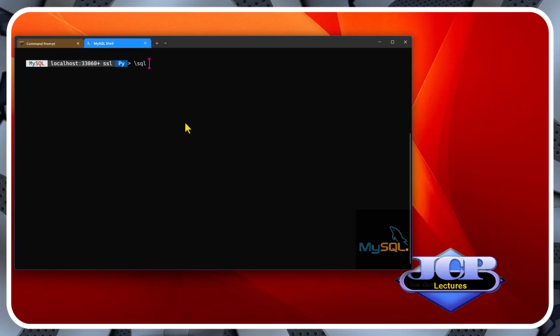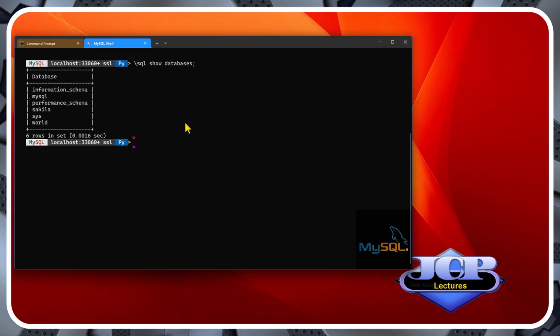In any mode we can use the \ commands, and we are using \sql to run a query to display the schemas. We are using \u Sakila to use it.